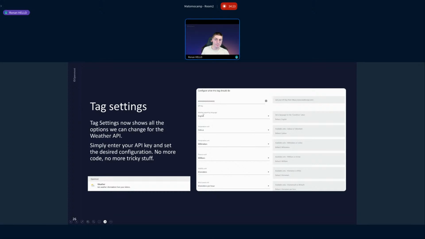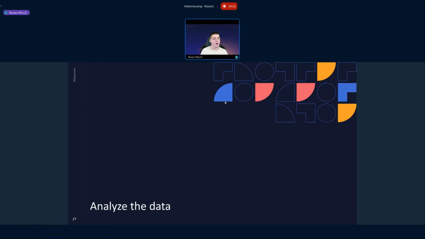You just have to select a language among all the languages provided by the API, and you can obviously provide different units. It's always a select UI control because you can't enter raw data. It's only between options that have been provided by the weather API. And here we are able, in a few seconds, just by entering an API key, to get weather data.